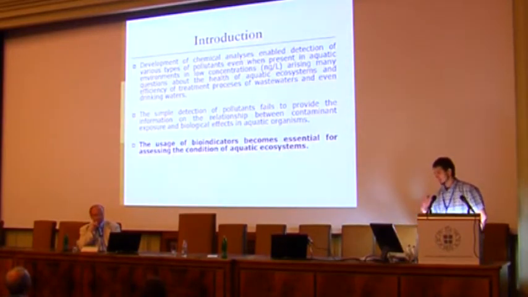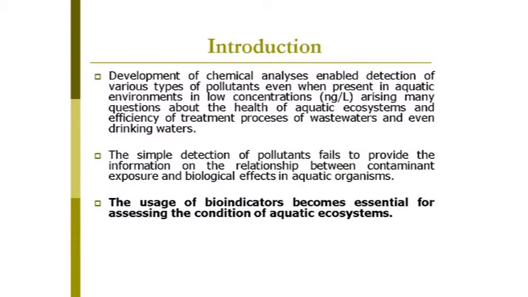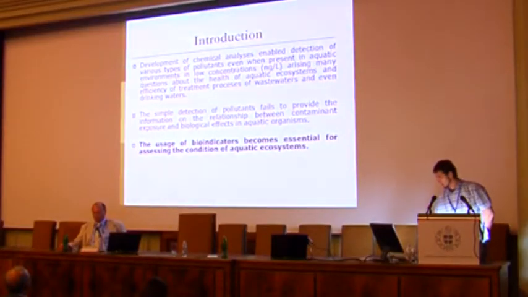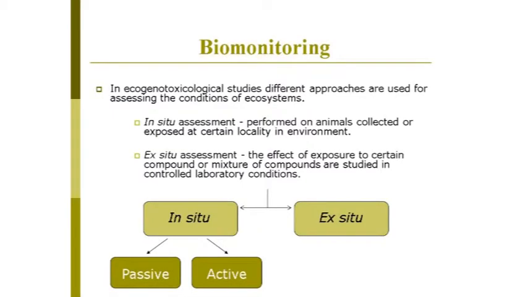But what we can say for sure is that simple detection of pollutants fails to provide information on the relationship between contaminant exposure and biological effects in aquatic organisms, and therefore the usage of bioindicators becomes essential for assessing the condition of aquatic ecosystems. So when we are talking about ecogenotoxicological studies, different approaches are used for assessing the conditions of